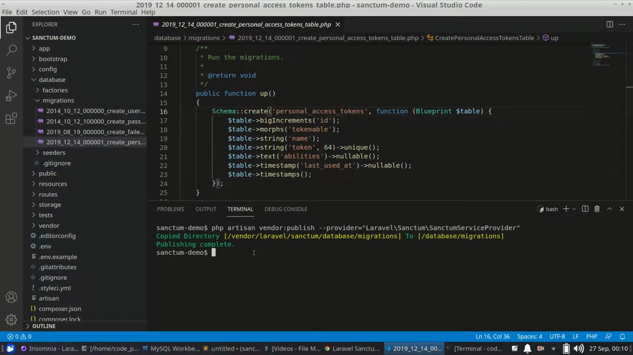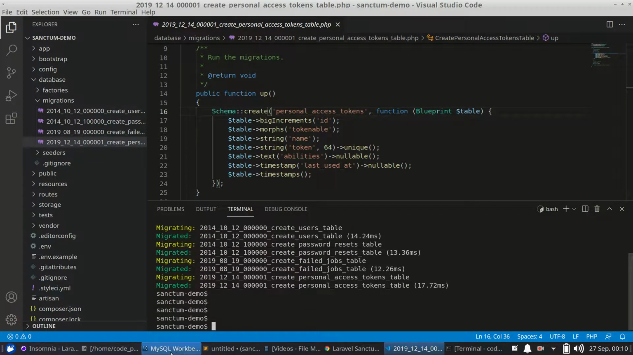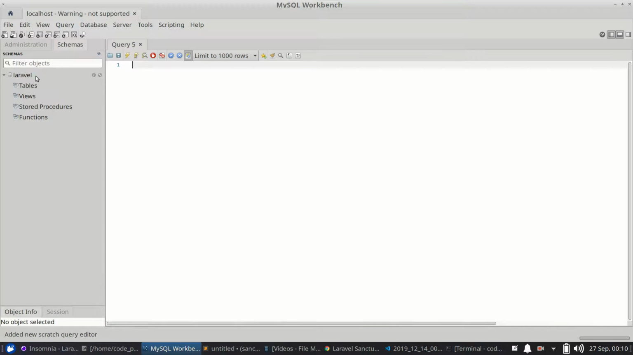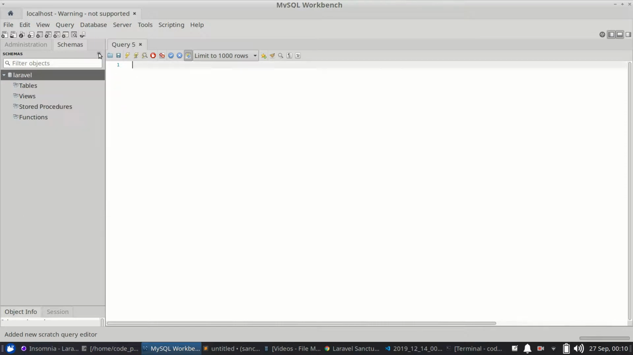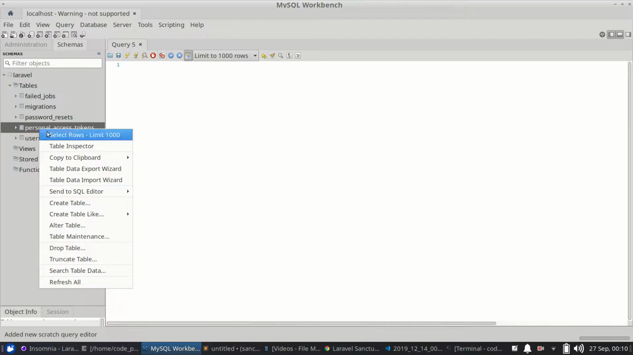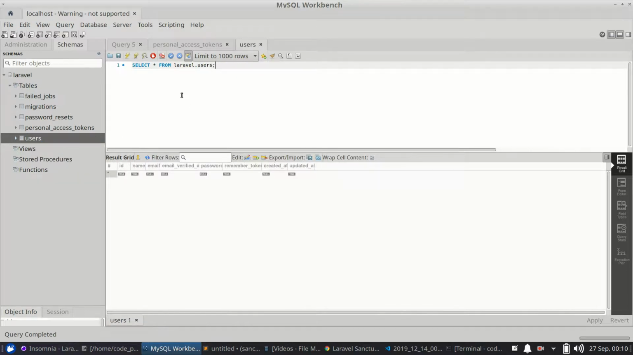Okay, so let's migrate it. php artisan migrate, and press enter. It migrated all the tables. Let's check it out in our Laravel database and refresh it so we can see the tables. You can see here the personal access tokens and users tables along with some other tables. Initially it is empty, obviously, and if you check the users table, it is also empty. So the next step will be